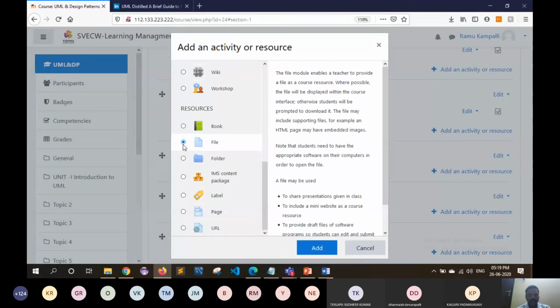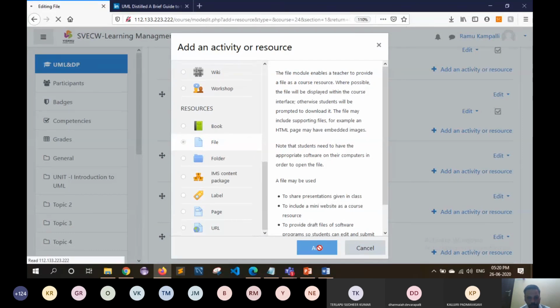Suppose if you take any programming language, or any kind of electrical or electronic related subject, communication related subject, specific files which have some specific extensions. Okay, so .c extension file or .py file or .html files like this. If we want to add those kinds of files, then we can use this file resource itself.